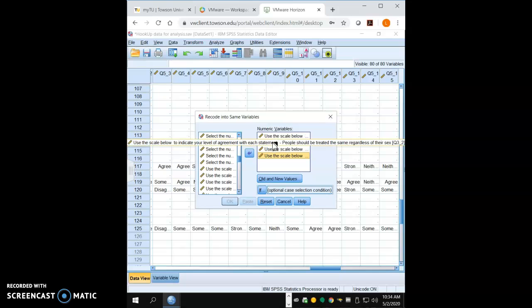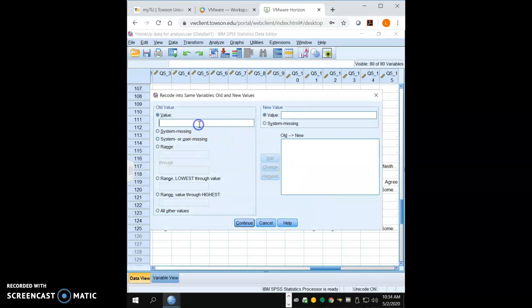People can be both aggressive and nurturing. People should be treated the same regardless of their sex. Freedom the children are given should be determined by their age of maturity. And we should stop thinking about whether males or females. Okay. And so now what we're going to do is reverse score. So we're going to hit Old and New Values. To do that, we're going to put in the old value 1 and in the new value 10, and hit Add. 2 in the old value, 9 in the new value, hit Add. 3 in the old value,